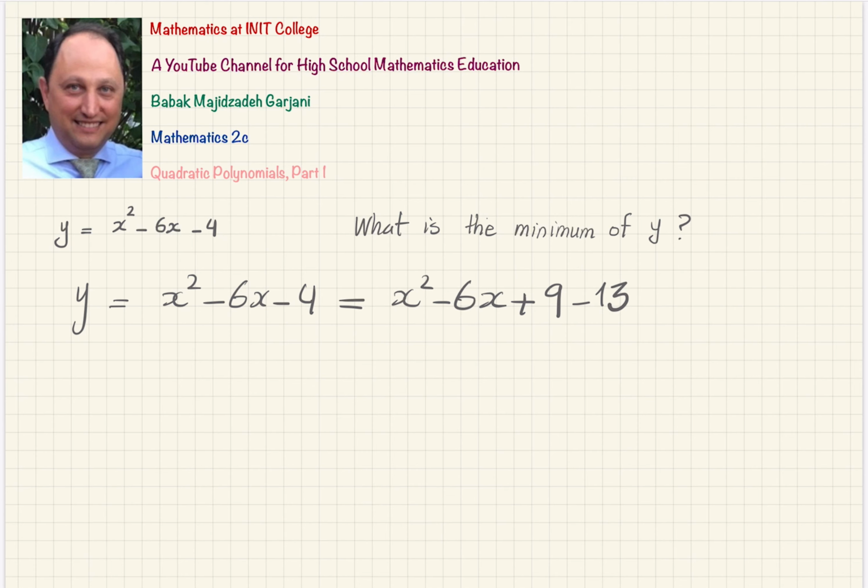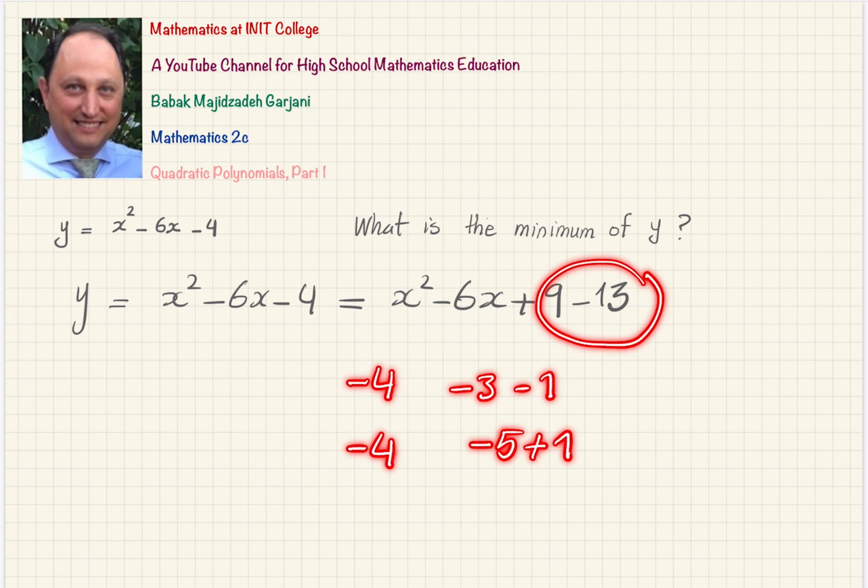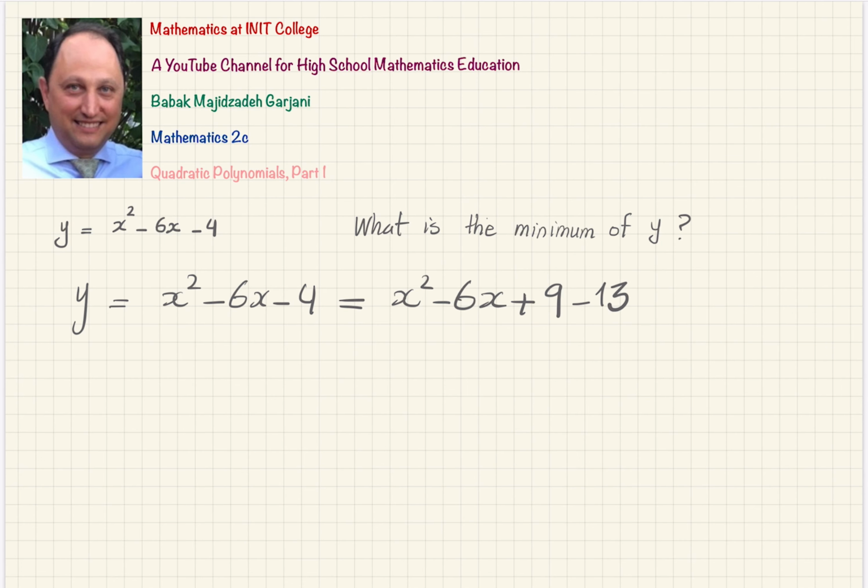Yes? So it means that why on earth did I choose to write minus 4 as 9 minus 13? I could write minus 4 in infinitely many ways. I can write minus 4 to be minus 3 minus 1. I can write minus 4 to be minus 5 plus 1. Why have I chosen this very particular combination? Because in this case the first three terms become a complete square, which can be collected into a complete square, and